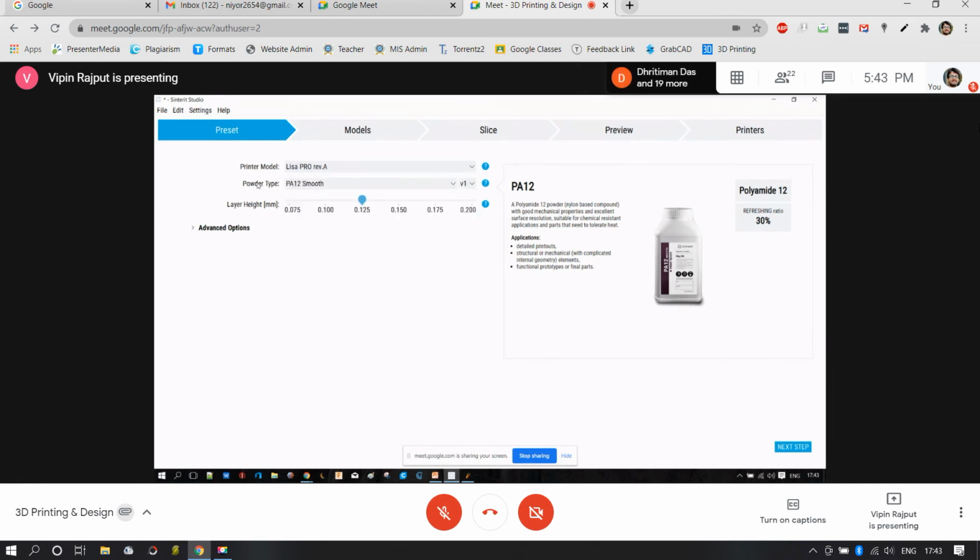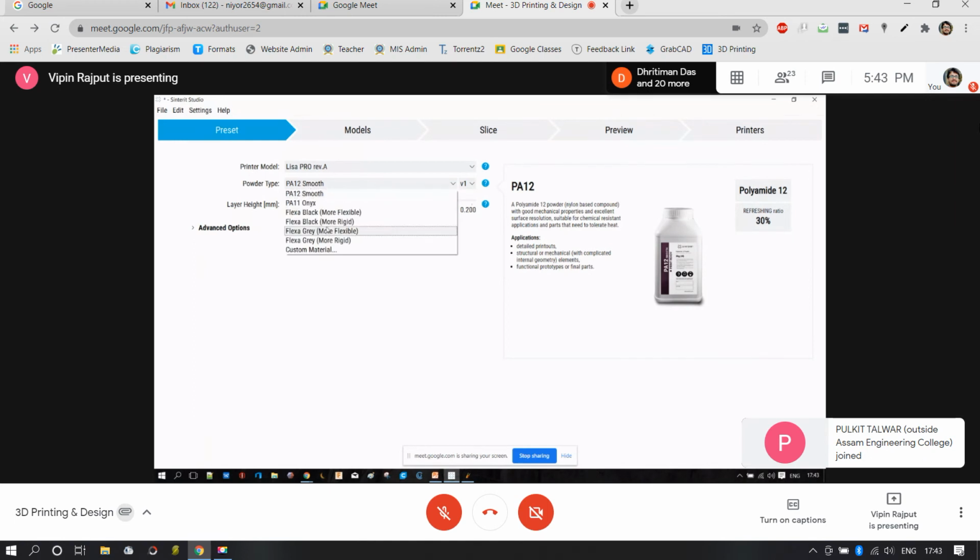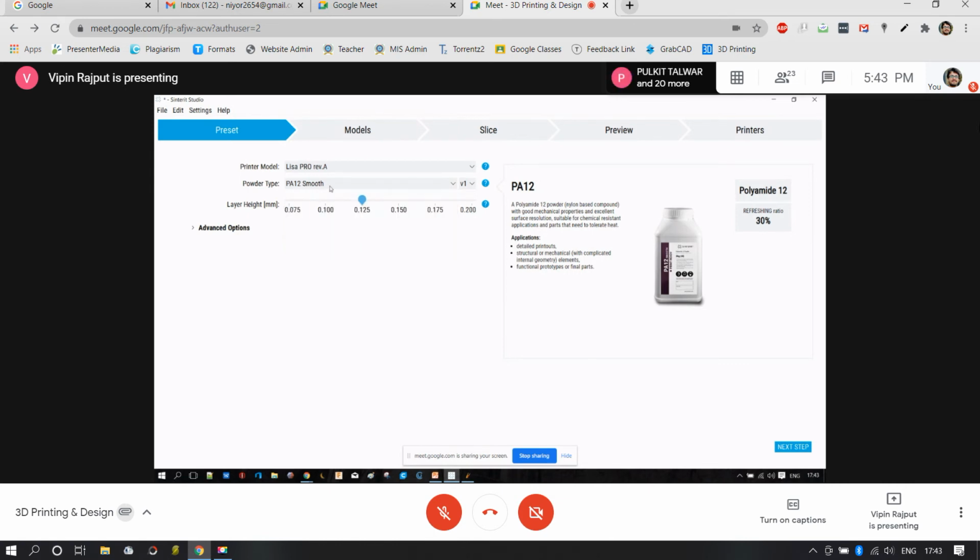Then the second thing is to choose the material in which we want to print. Building upon the application, we'll choose PA12, this is nylon, then PA11 onyx, Flexa black, Flexa gray, and so on. As per our requirement, we'll choose one of the materials. Then we'll choose the layer height, 75 microns or 200 microns. We do have a range to print our models. Let's say by now we chose 0.15 mm as the apt layer height for our model.